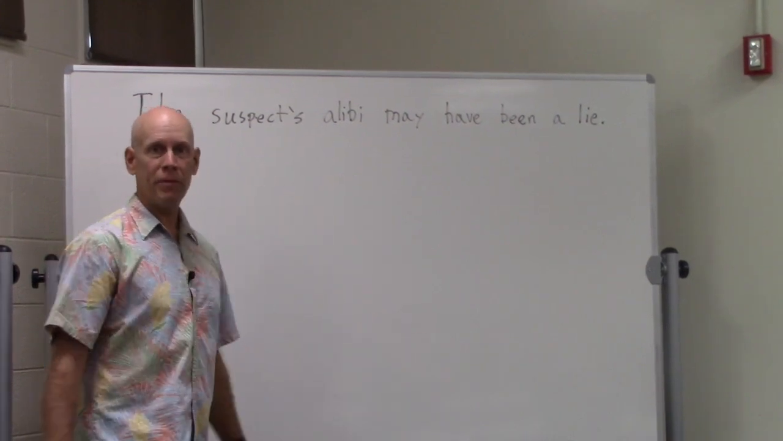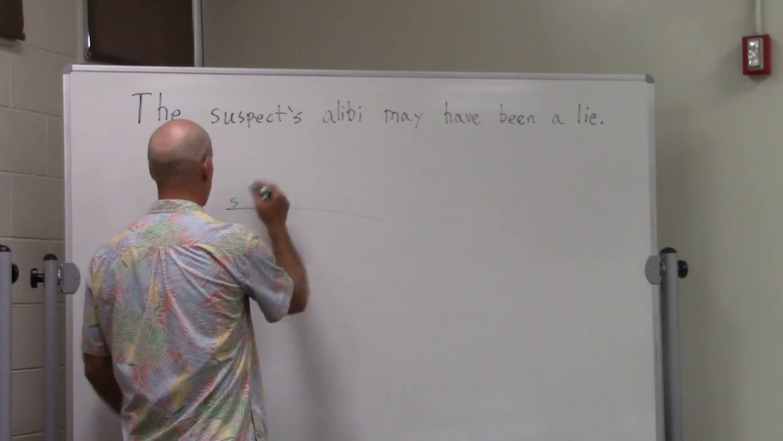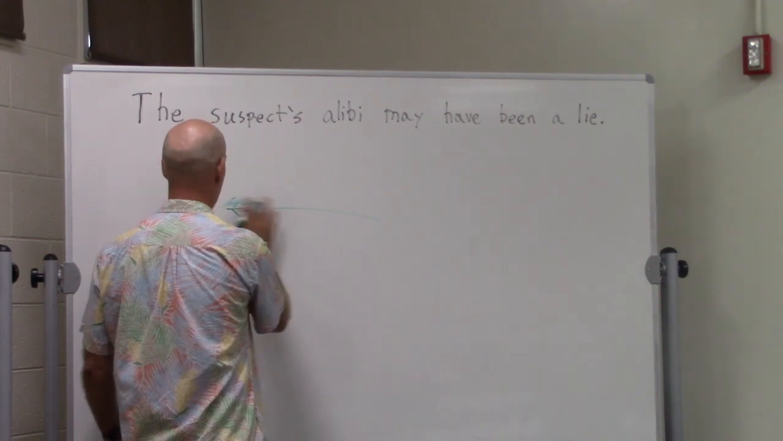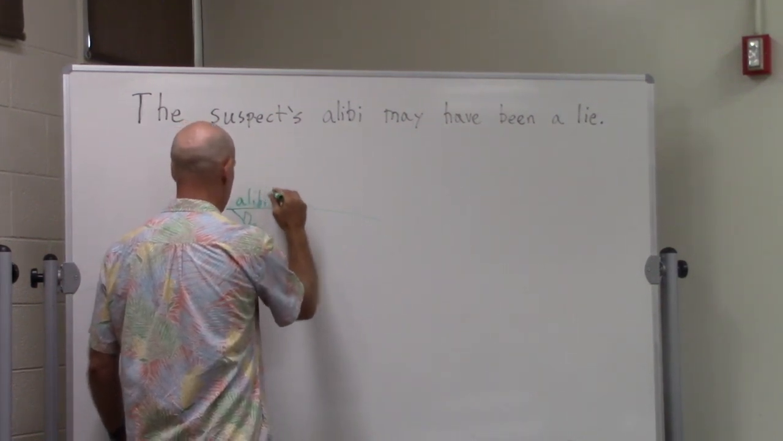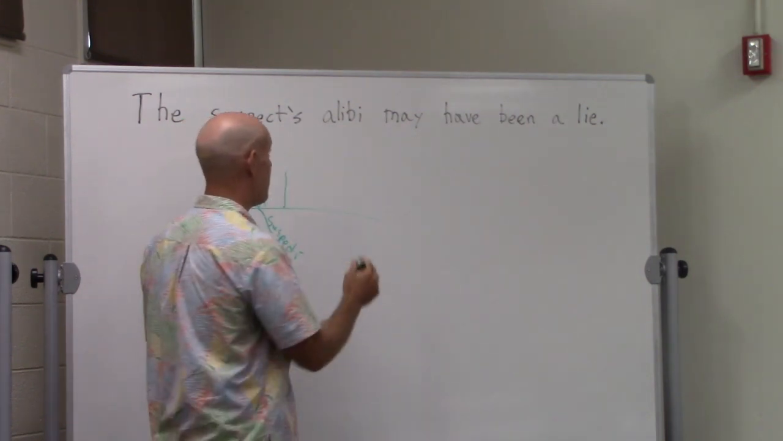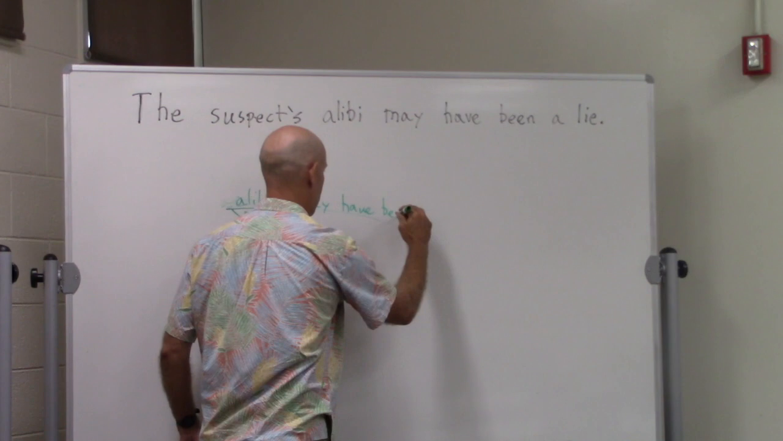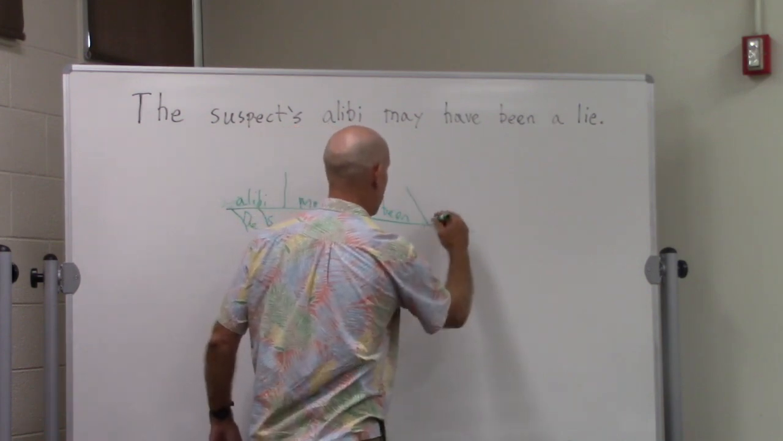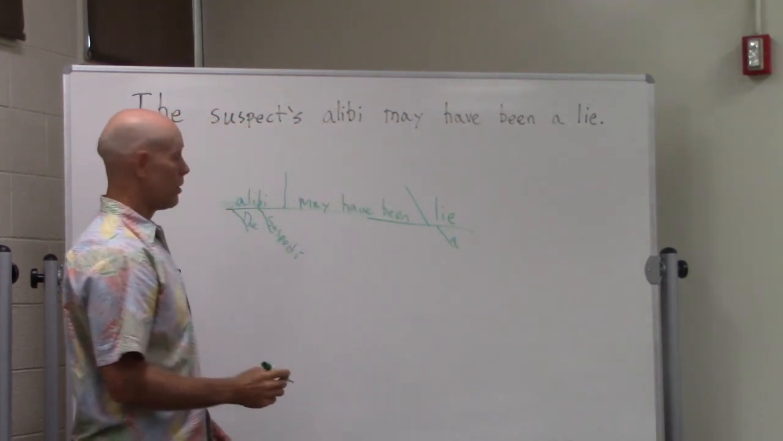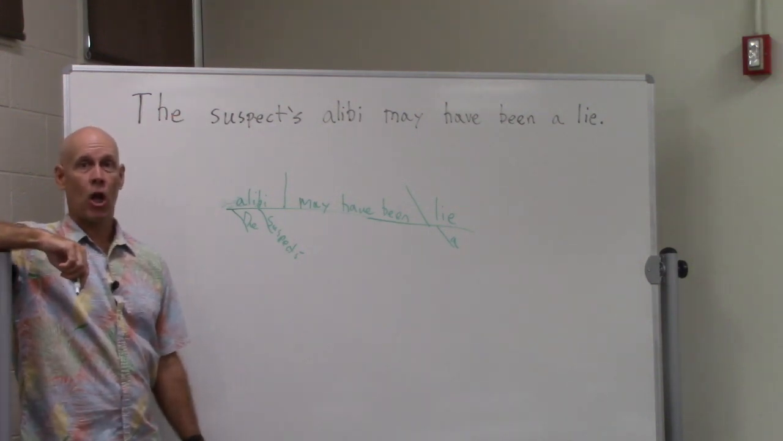Okay, can you make that passive for me? Let's diagram it here first, the active version, to make sure. The alibi is the subject, right? And what's your verb? Okay, and then we have a noun there at the end, right? Good. Now, can you make it passive? Go ahead. The lie may have been